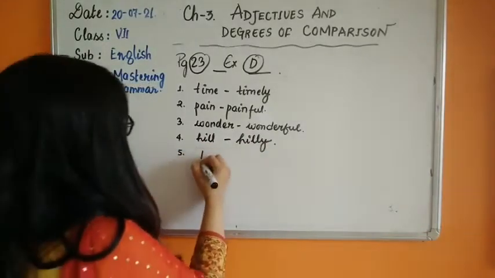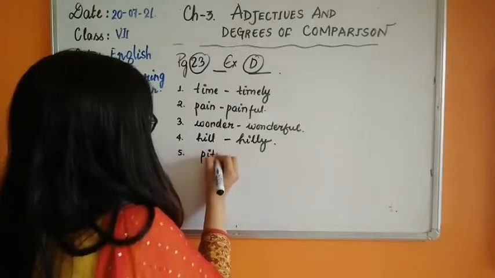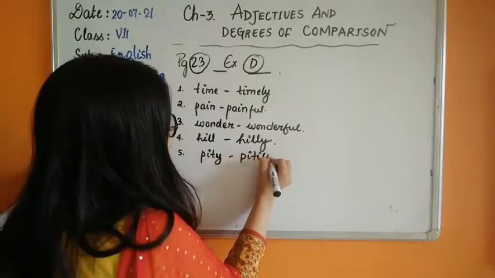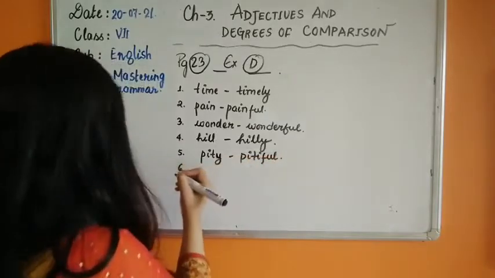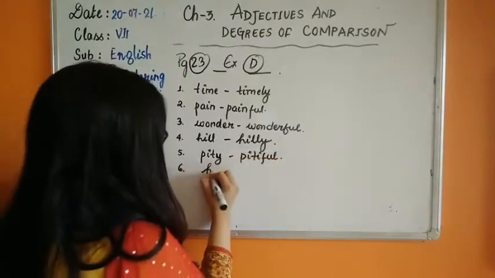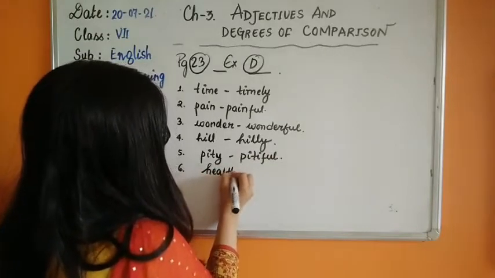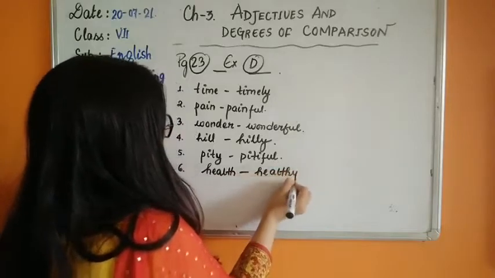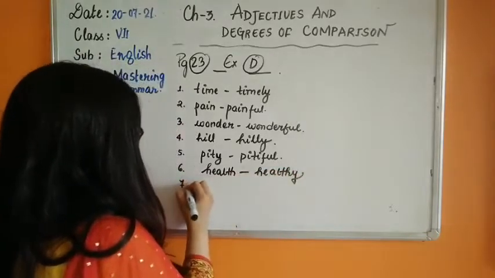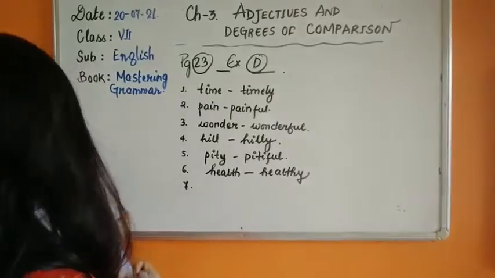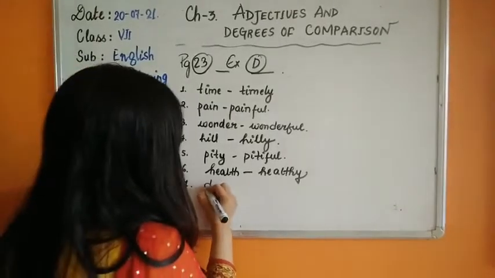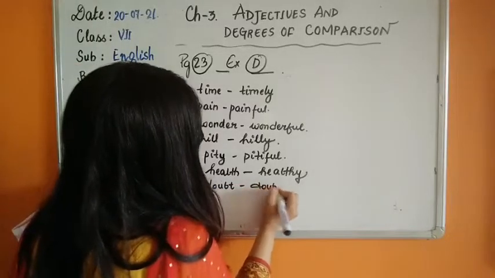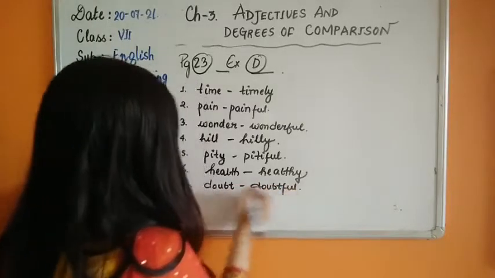Then we have pity. Pity will become pitiful. So children, Y always changes to I, so pitiful. Number 6, health. Health becomes what children? With the addition of Y, it will become healthy. So he is a healthy student. Number 7, doubt. Doubt becomes doubtful with the addition of FUL. It will become doubtful, right? Now number 8,